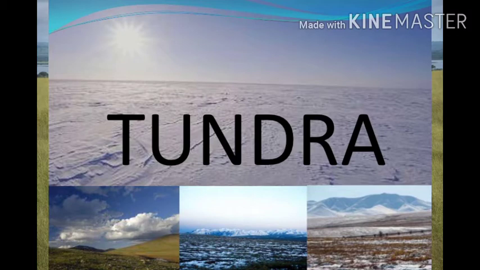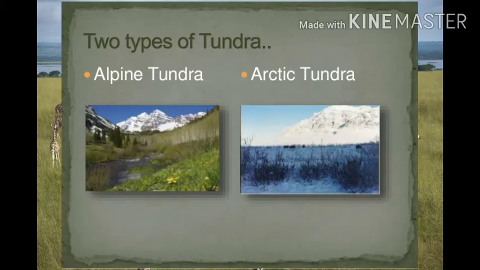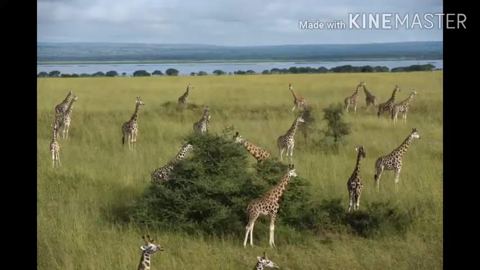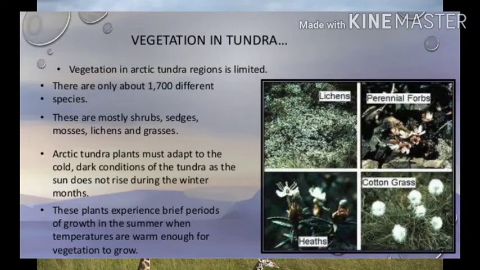Students, as I already told you, the tundra vegetation is found in very cool areas, in the polar regions and high mountains. If we talk about the vegetation, only small plants which can grow quickly in the warm season, lasting between 2 to 4 months, can survive here. As I already told you, it is known for the blooming of the flowers. Some mosses, lichens, and a few bushes also grow here only during the short summer.